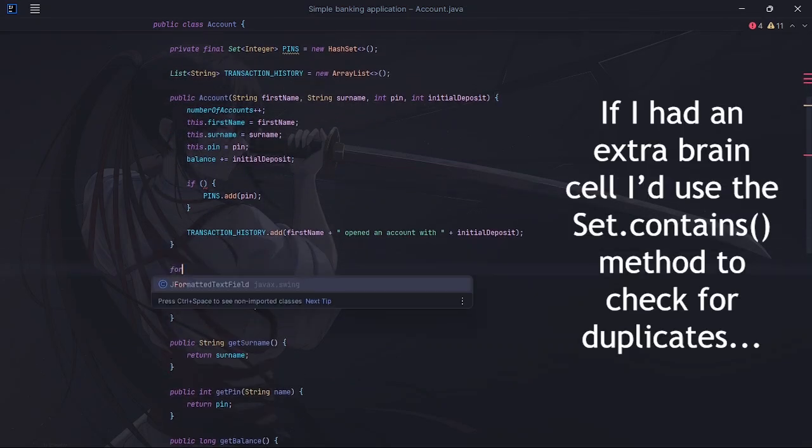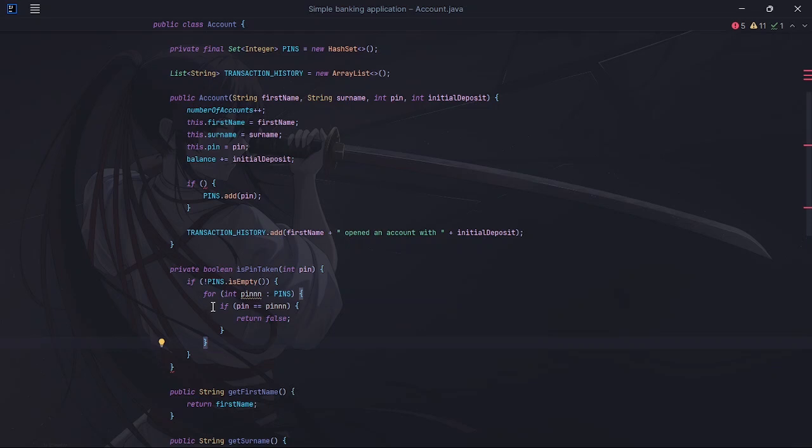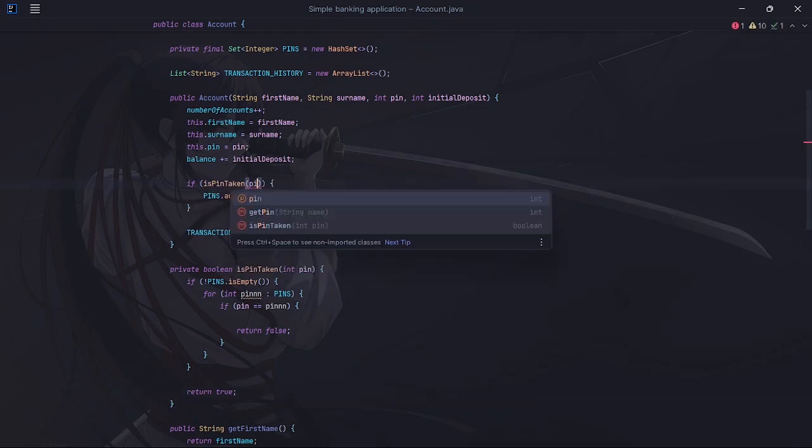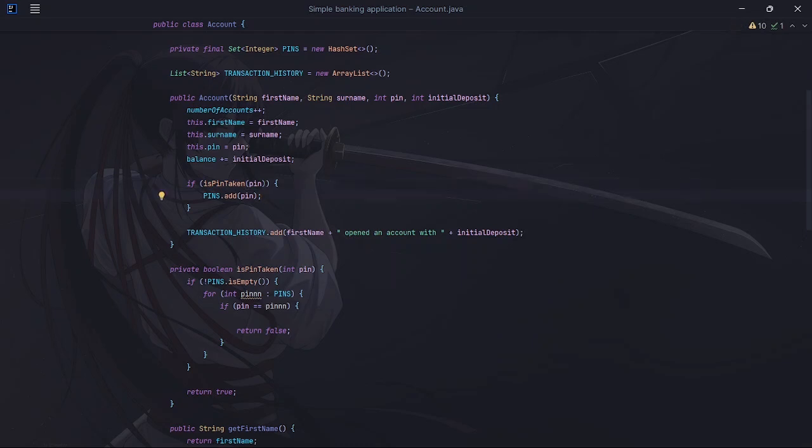So for each and every, oh wait a minute. So that's that. This is like very annoying nesting, by the way. Don't do this, please. So if is pin taken, pin, pins.add pin. So basically, if it's not taken, you can add it in. Else